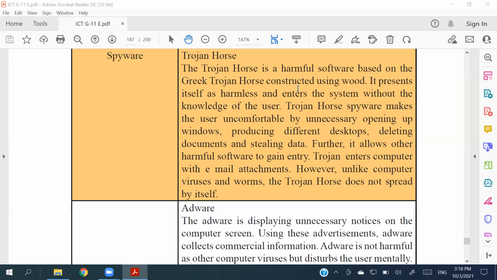So it can be cleaned, but it will be very disturbing to the users, because whenever you are working, a lot of ads will pop up randomly, right? If we close it, another one will pop up. Sometimes when we go to close it, by mistake we open those things as well, right? So from these clicks, sometimes it will collect your financial information. Financial information means commercial information, like your names, your addresses, how to contact you, the emails, right? So it's actually not harming your computer, but it is disturbing, right?